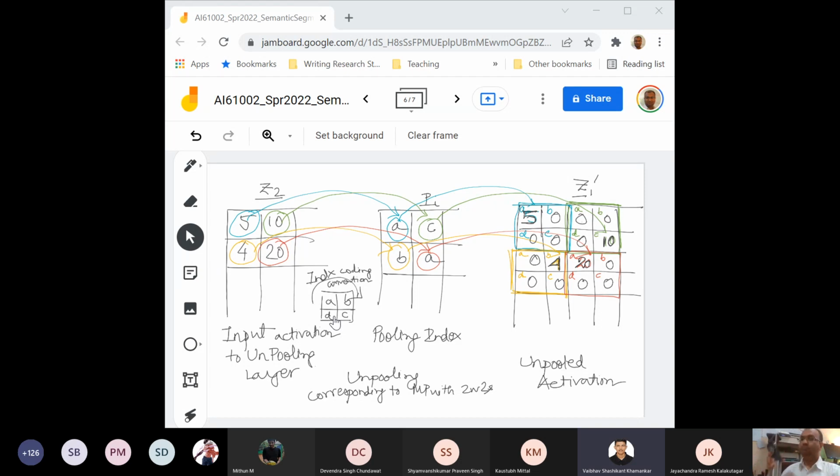Now find out the complexity of this one. Sir, it will depend on what stride we take and what will be the width. So as of now, do it for this condition. Take that your input Z2 is M cross N and you are doing it with a 2 by 2 and a stride of 2. So what will be your cost involved in that? Okay, sir. So if your Z2 is M cross N, your PI or the pooling index is also M cross N.